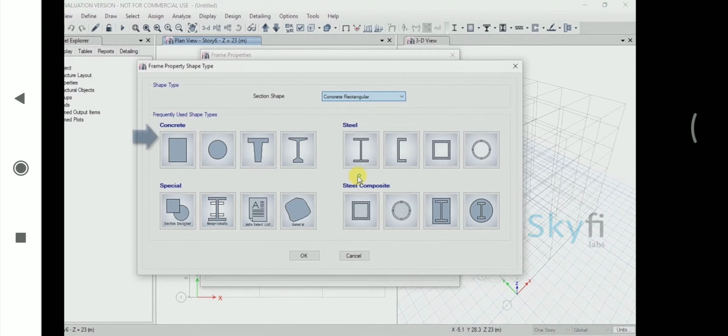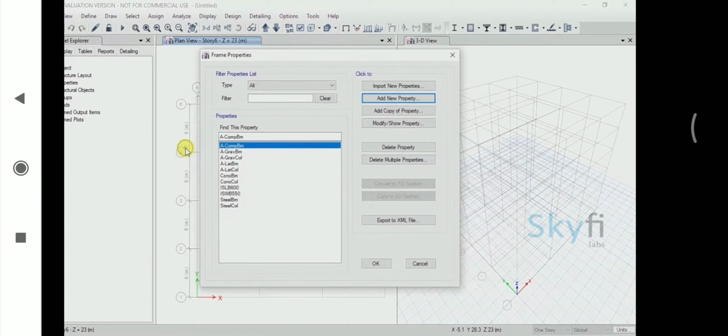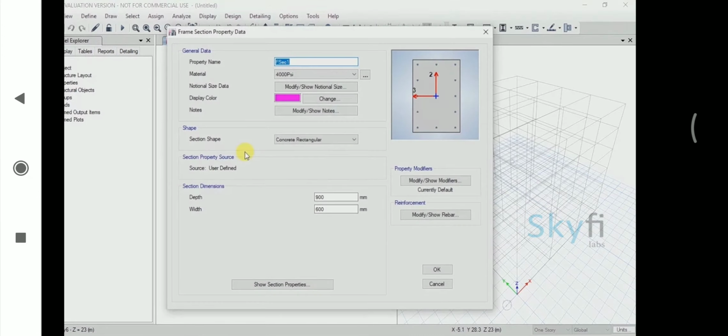You can even directly click on the Concrete Rectangular option from the few shortcuts of the commonly used sections shown below. Give a property name to the beam section so that you can identify it later. Now change the material to M30 and then enter the depth and width of the beam section in the section dimensions option, which are 300 each.